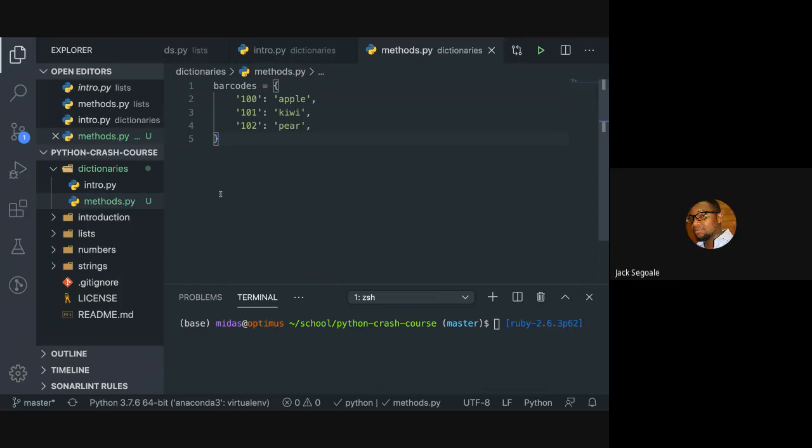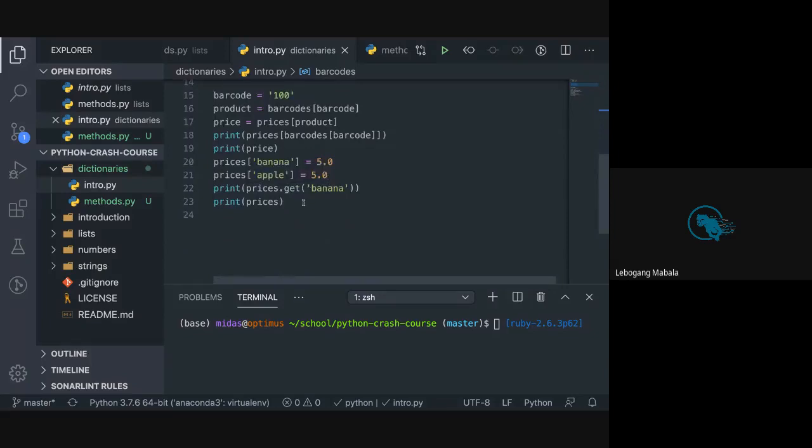Okay, so I think as you've seen with all the other data types, as we go through them, we've been going through the structure of how we define a list, string, number, or dictionary in the previous lesson, but we also start looking at methods that are available for you to use on a particular data type. Yesterday we only saw one method, the